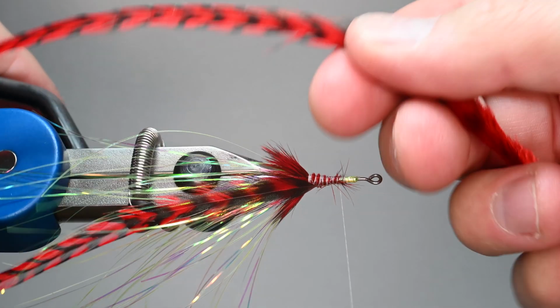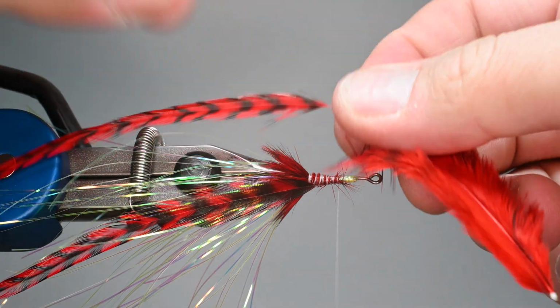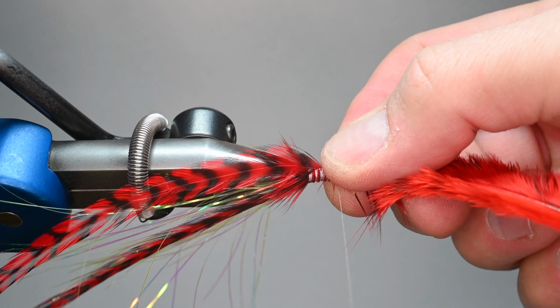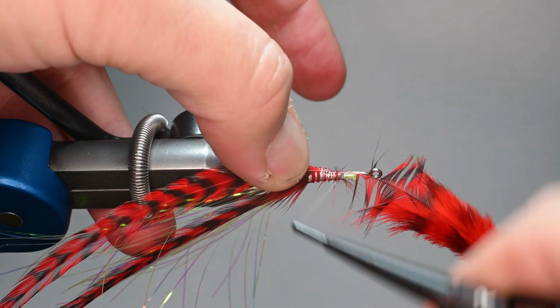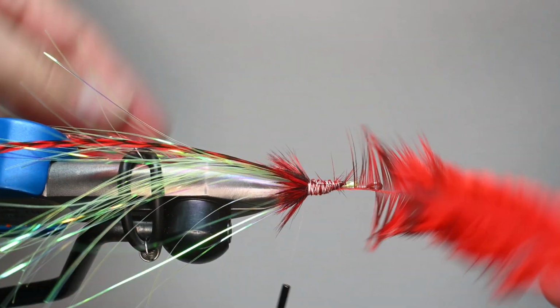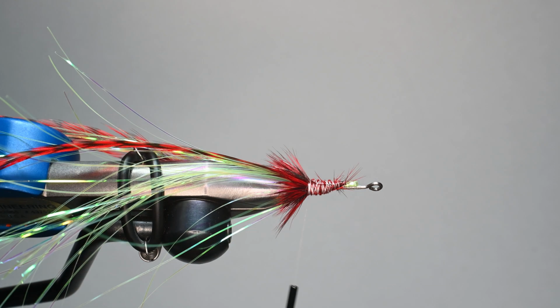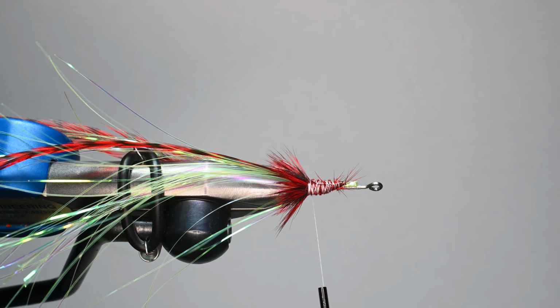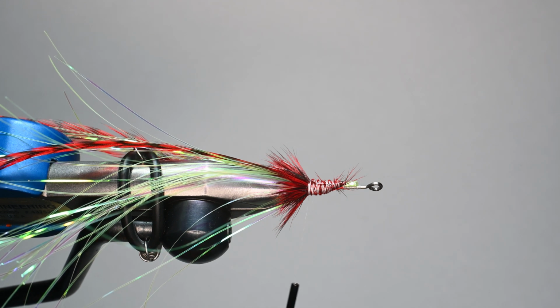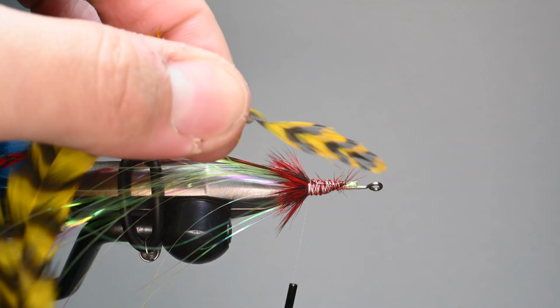And so we're just going to be preening these and prepping them and matching them up so they're about the same length. And as we progress up this shank, we'll progressively taper them. Now, this fly here is actually one that we're tying up for an Autism Awareness campaign. And so I typically wouldn't tie this in these bright colors, but we're going to have a lot of fun with this. So if I were going to tie this, I would definitely do it in white, all black, olives,